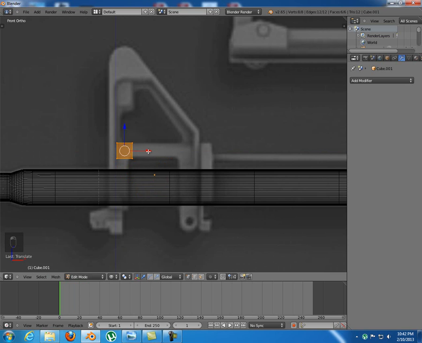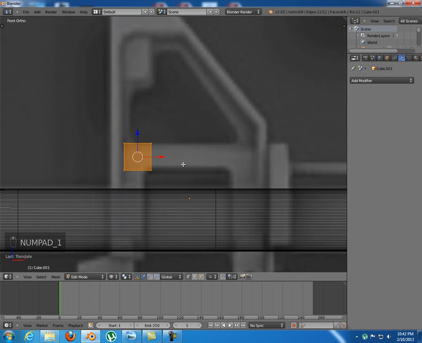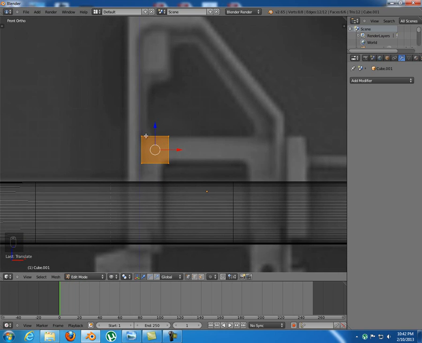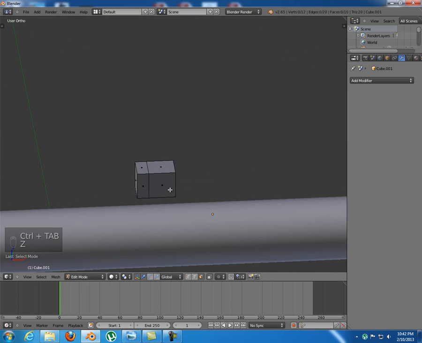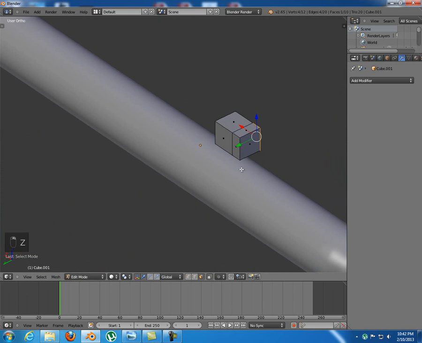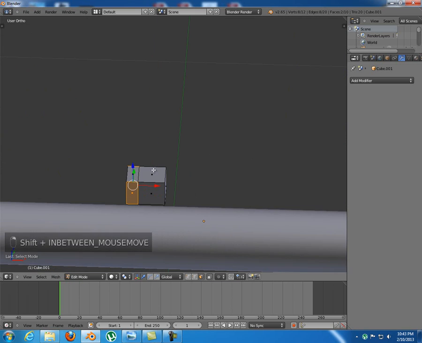Alright, that's its width. Those are its sizes. Make sure it fits in there. We're gonna select these faces in here, extrude them out, and select, Shift Control Tab, select this face in here and the one on the other side,